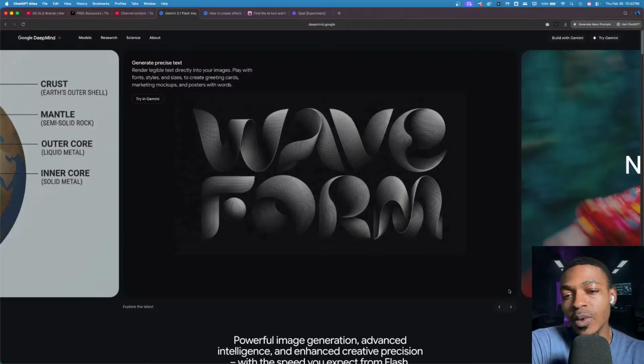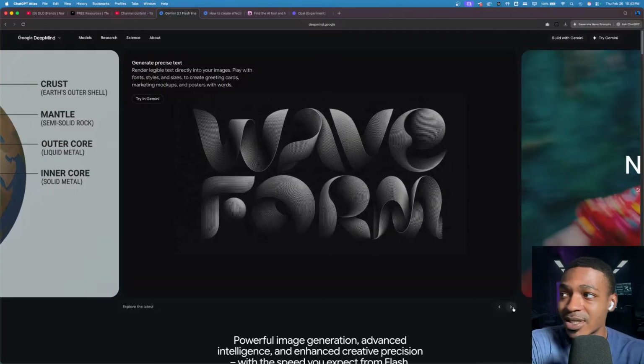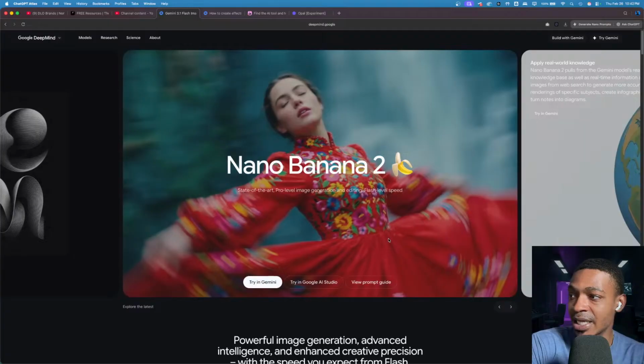when we get a new image model, I don't really expect anything too extravagant, because we already have images that are usable, that can pass as human images and you wouldn't even know the difference. But they're saying generate precise text. Okay, they said that in the last one. Did they? Did they? And yeah, so